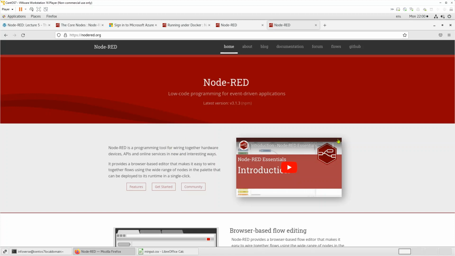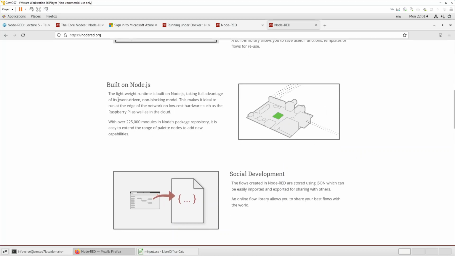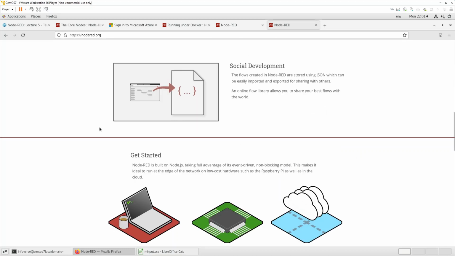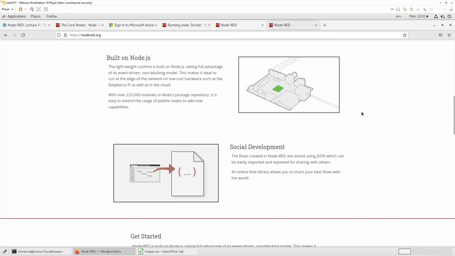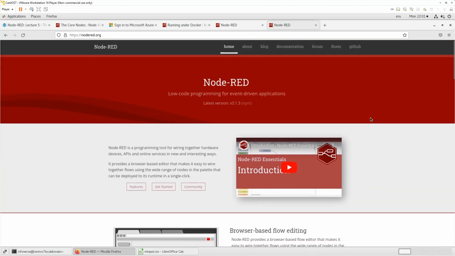So here I am on the Node-RED website, just showing you how to browse through and look at the different options that are available. This is the fourth or fifth tutorial in the series, so I would definitely put the links to my previous tutorials. Be sure to visit them to understand how we can install Node-RED and create some basic flows using the core